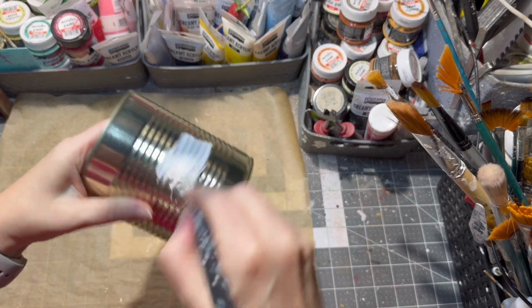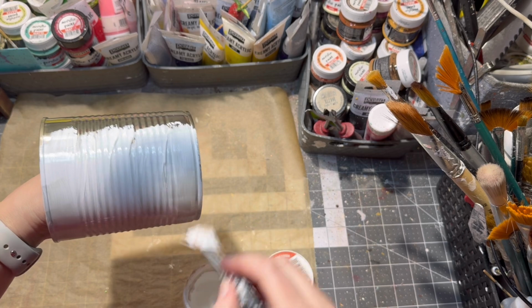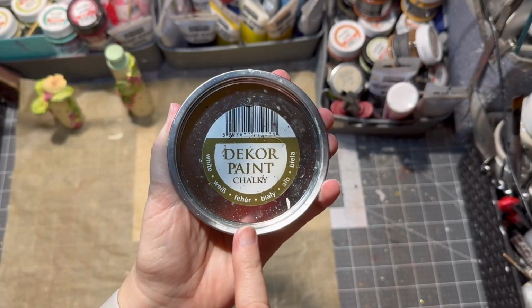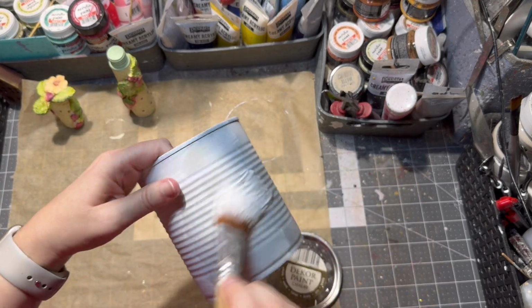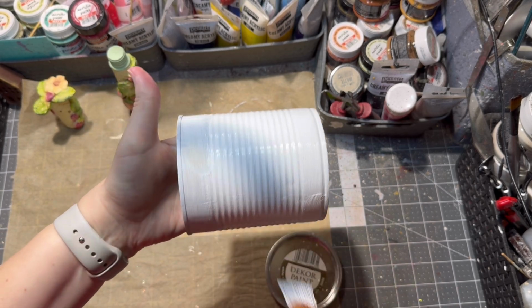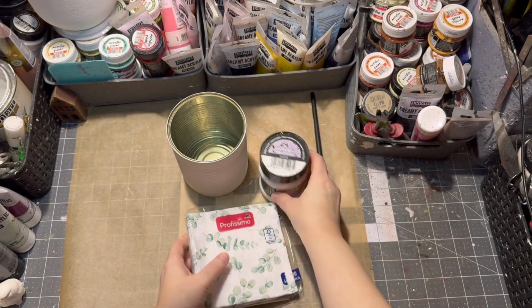And it is good if you have primer, use that. If you don't have primer, just apply white paint, but you will be applying 3 layers because, well, it doesn't cover as good as primer. And then I applied the primer, then I applied the white paint, and I did it only once because it was a good coverage. Let it dry, and now I applied napkin,